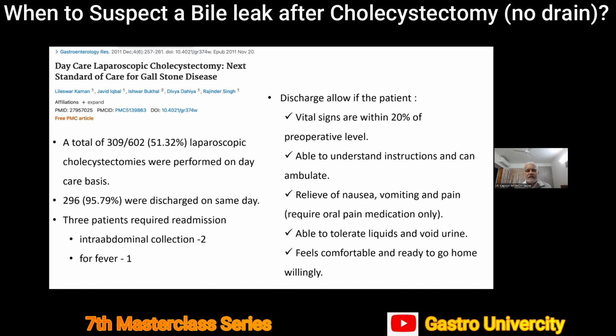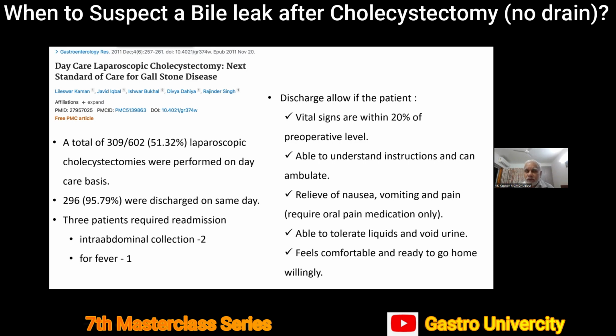Again, I would cite an instance where we did a lap chole at SCPGI in a young man who had no comorbidities. He went home. This was not daycare. This was a routine one night stay. He came back with some vague, non-specific symptoms to the emergency. The emergency team saw him and they did not suspect, or they did not understand the gravity of the situation, gave him some symptomatic treatment and sent him back home. Now the patient was reassured that doctors have seen me, everything is fine, no major problem is there.